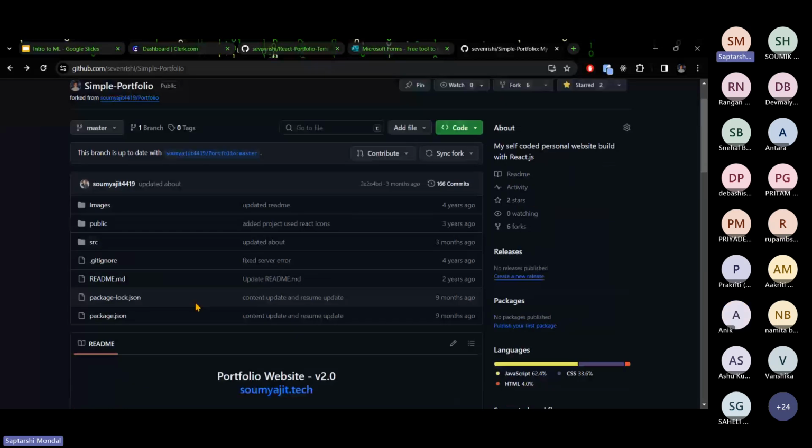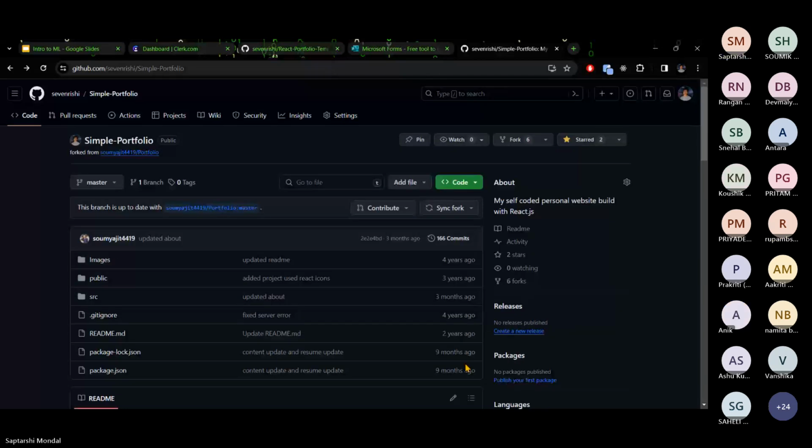Is the fork option done? You have to do fast because